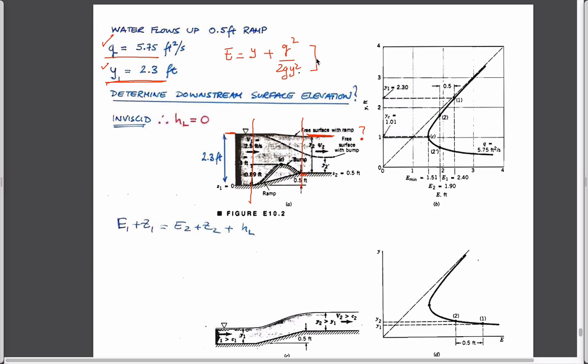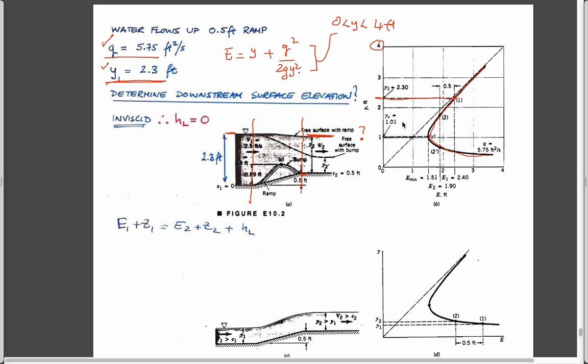You can cycle through this from y greater than 0 to y less than 4 in this particular case, I guess, right? So if you cycle from these, you get a curve. This is the curve you get. You know that upstream at 2.3 feet, this point here,